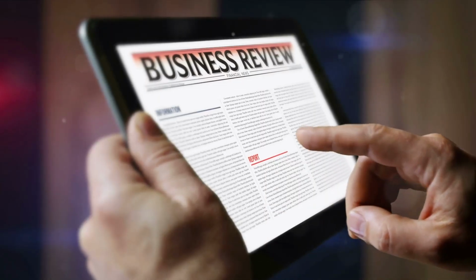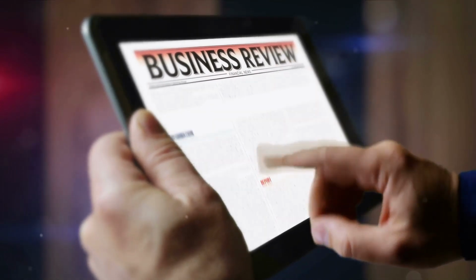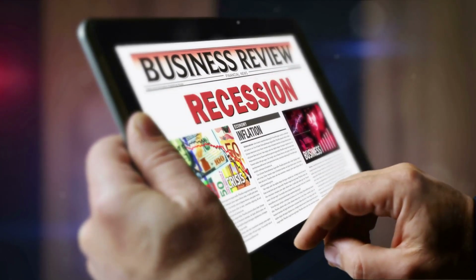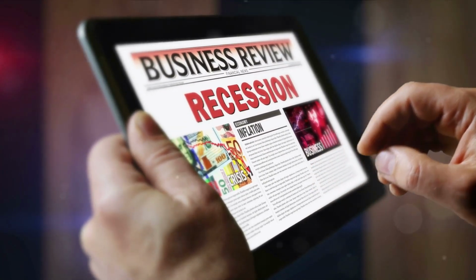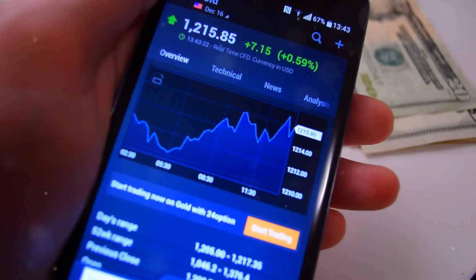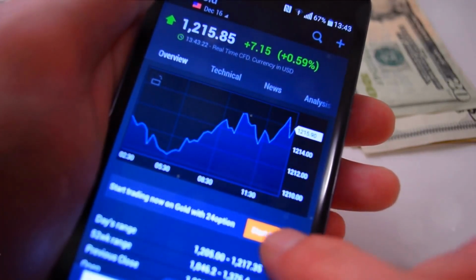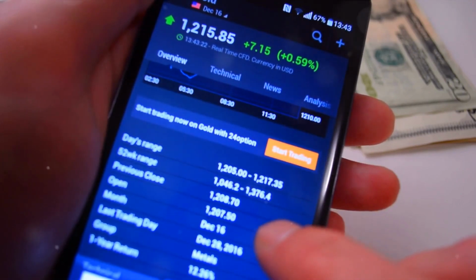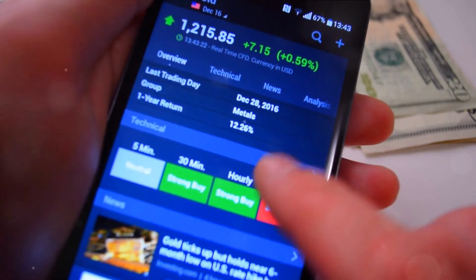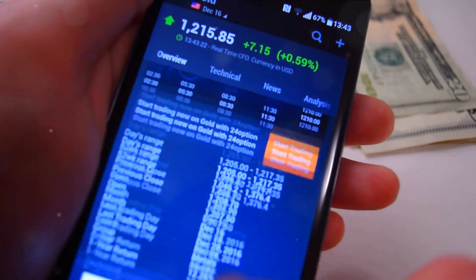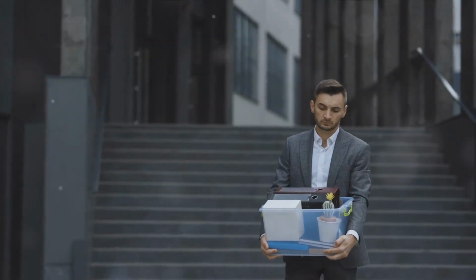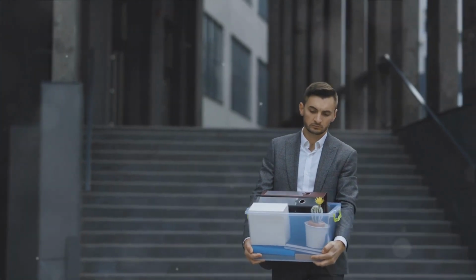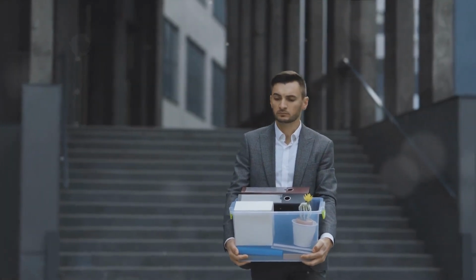Picture this: you're a manufacturer of, let's say, smartphones. You've been producing thousands of phones each month based on the assumption that people will continue to buy them. But out of the blue, consumers start to lose interest. Maybe they're tightening their belts due to uncertainty, or perhaps another product has caught their attention. Whatever the reason, the demand for your smartphones decreases. Now you're left with a warehouse full of smartphones that nobody wants to buy.